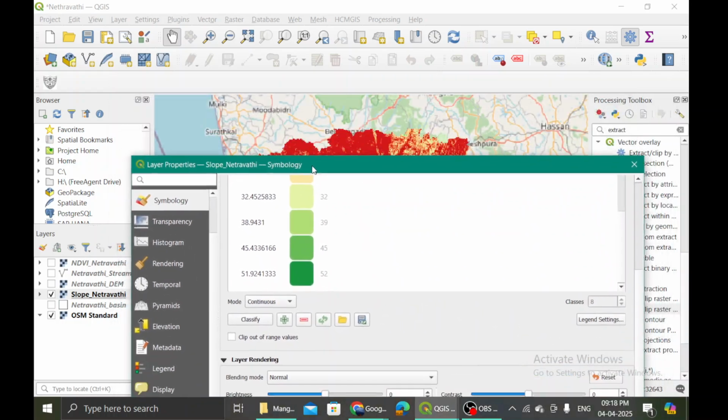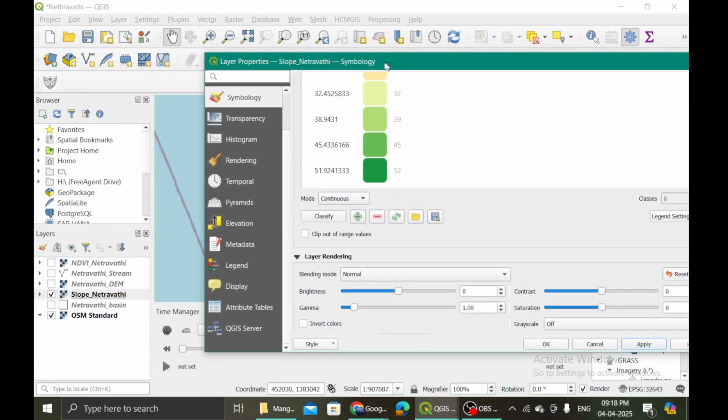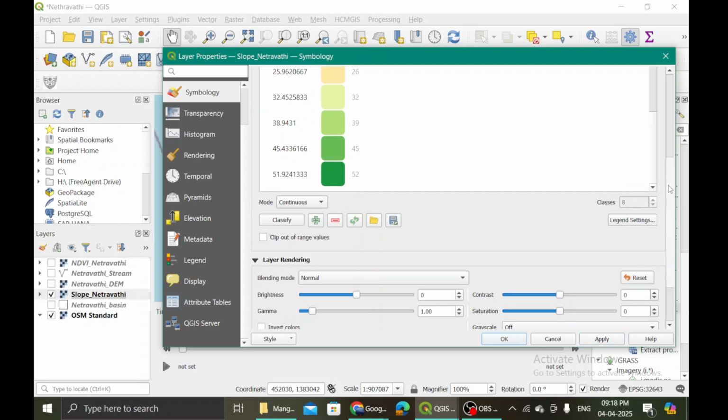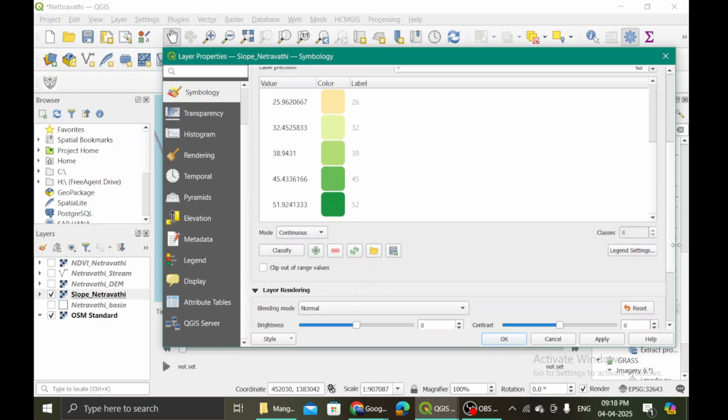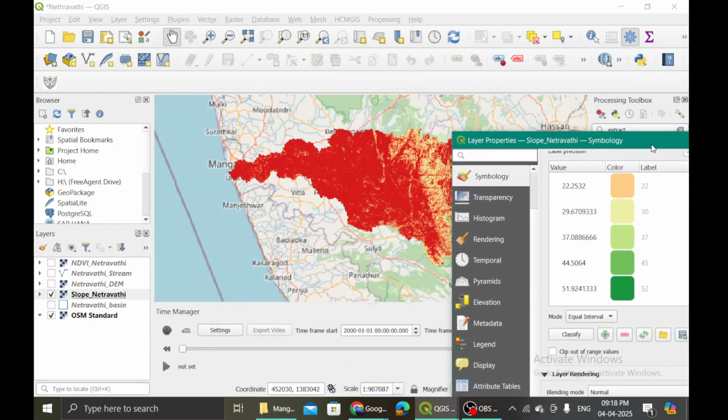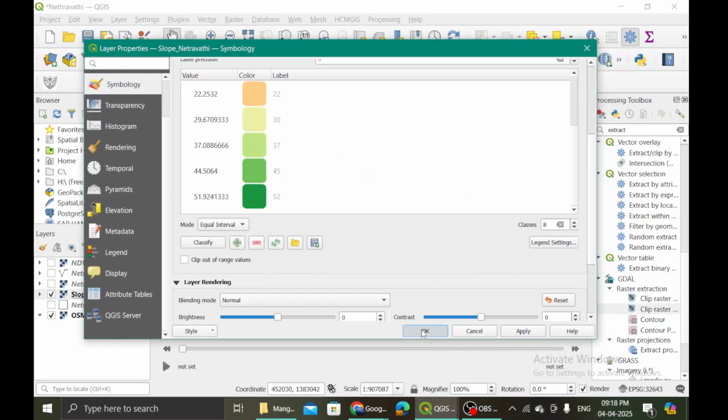I'm only trying to bring this map in such a way that I see the slope rise. That's all. 8. Let's see. Okay, we'll use this.